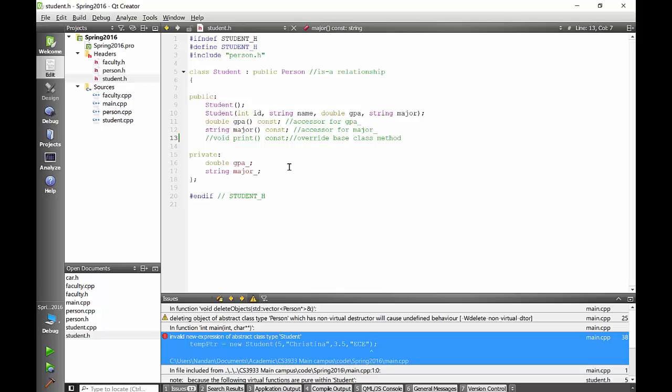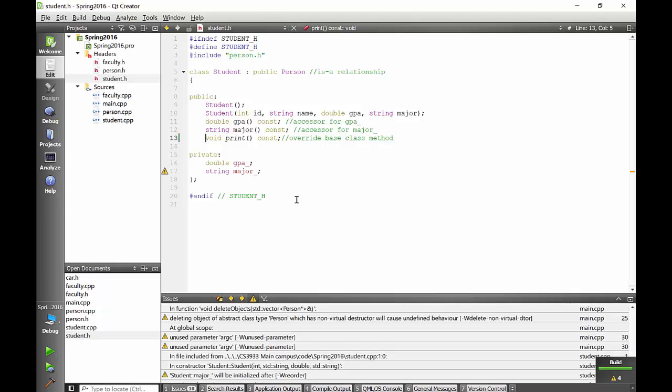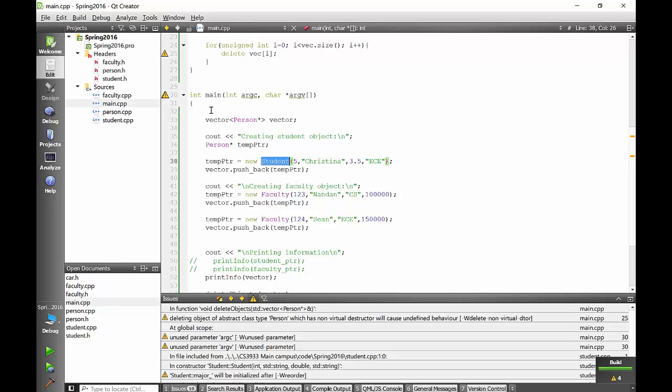So the person class has a pure virtual function called print, and every class that derives from person, if it is not abstract, must implement that pure virtual function, which is print in this case. So you can see the error is not very helpful, but we know what's going on. If I implement the print function, then you can see the code compiles fine. Okay, so those were a couple of things that I wanted to mention about abstract classes and pure virtual